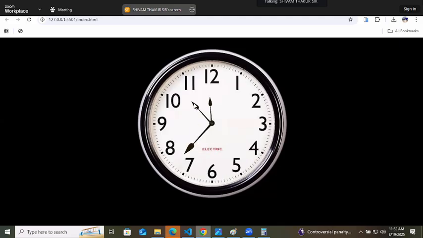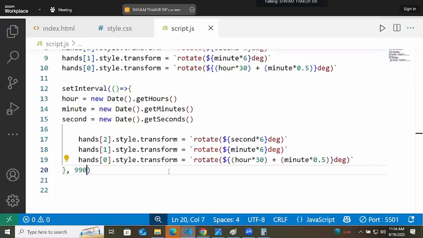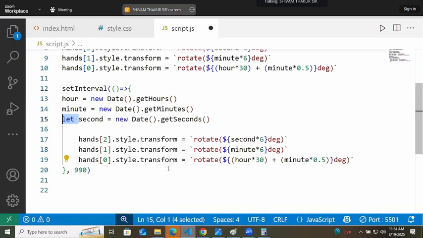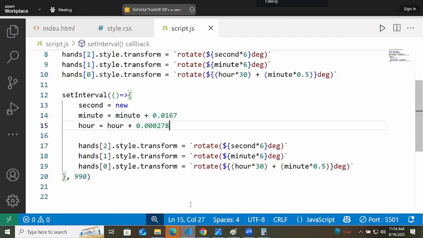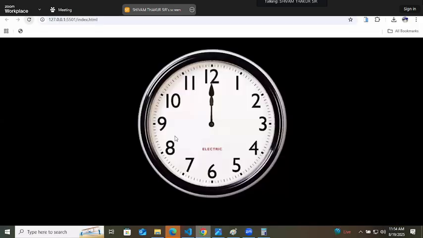The reason is it will be here, but when the hour hand is reaching at the top, then quickly it will go by one rotation. That is because we are finding the time from internet. We are not doing our calculation in DOM. So notice it again like that. But that is the lag in this watch now. That's why I was not writing the code by finding it from internet. What I was doing is the code is calculated now. Let's try if we are getting the lag this time or not.